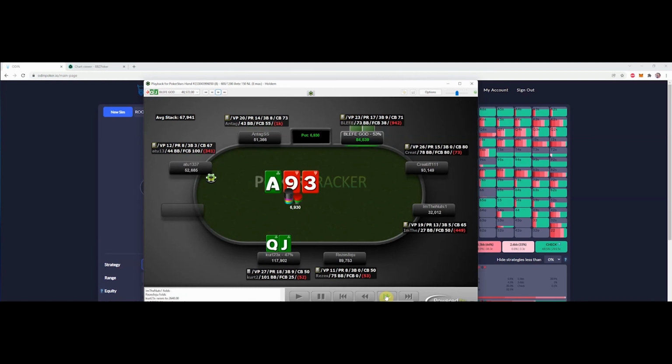Pretty standard open here. I think we're going to be pretty high frequency bet on this board. We are a little bit deeper here, so I haven't studied Odin basically for 100 big blinds very much. So I'm not sure how aggressively we get to c-bet here. But just in general, I do c-bet very aggressively, essentially on boards that I think are at least high frequency